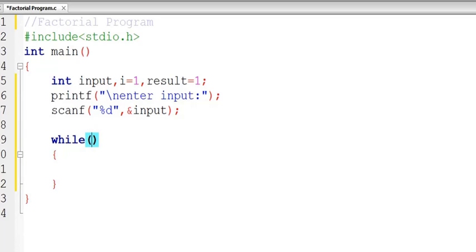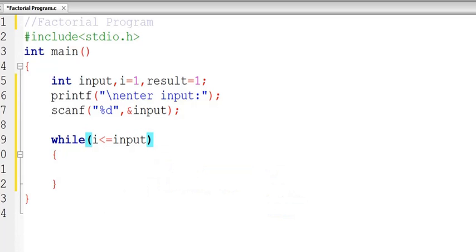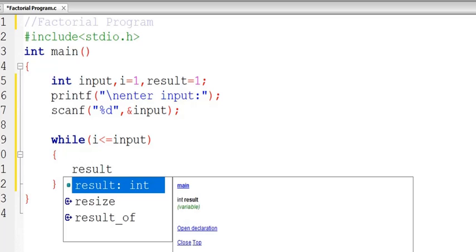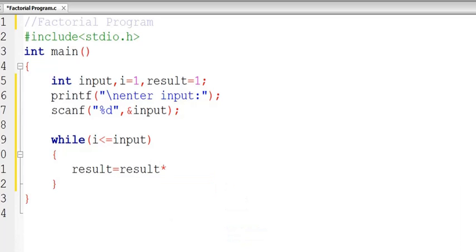I am taking the counter variable I, and it should be less than or equal to our input. And here the expression should be written as result equals result into I, and also I should be incremented for each and every iteration.